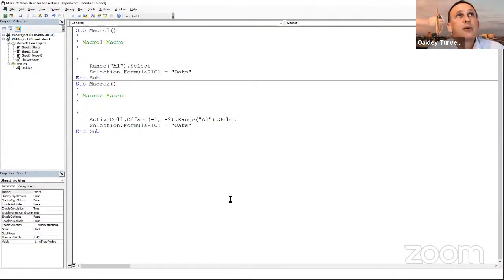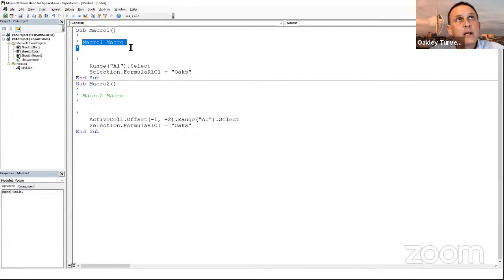Let's now have a look at what our macros recorded. So the first one we did is called macro 1. What you see down here in green with the apostrophe at the beginning, that's just a comment, and that will be the name of the macro, and underneath it'll be the description that you typed in. So if you did type in a description, that's where it will be. And the apostrophe and the fact it's green means it's not going to run. This is human speak. The machine skips straight over it when it's running the macro.